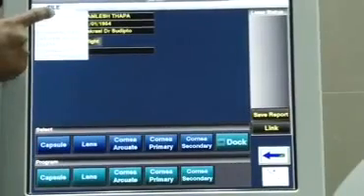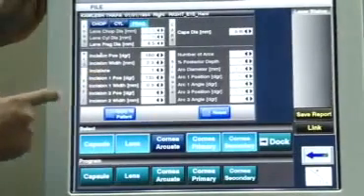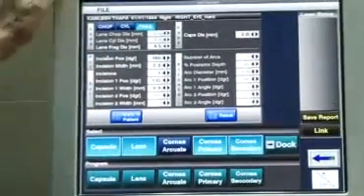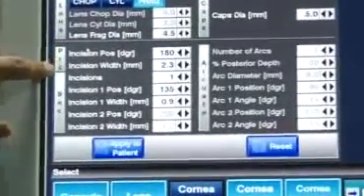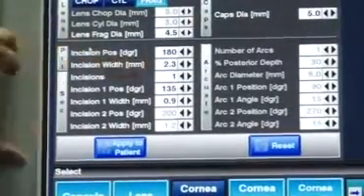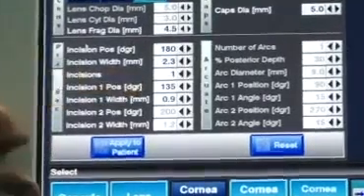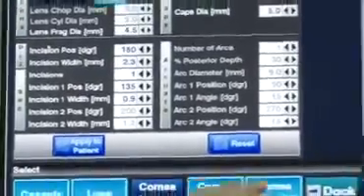Now, I want you to go to the file, open, go to the right eye. Right. What I want you to see here is the incision position, the primaries are at 180 degrees. I start with a 2.3 incision size. The other incision would be at 135 degrees. Alright? So these are the various parameters with which we can change.